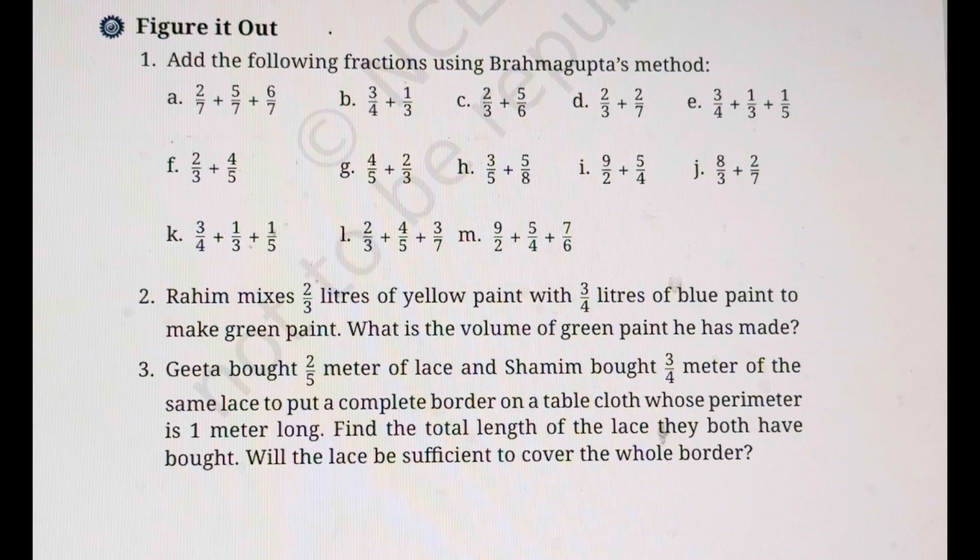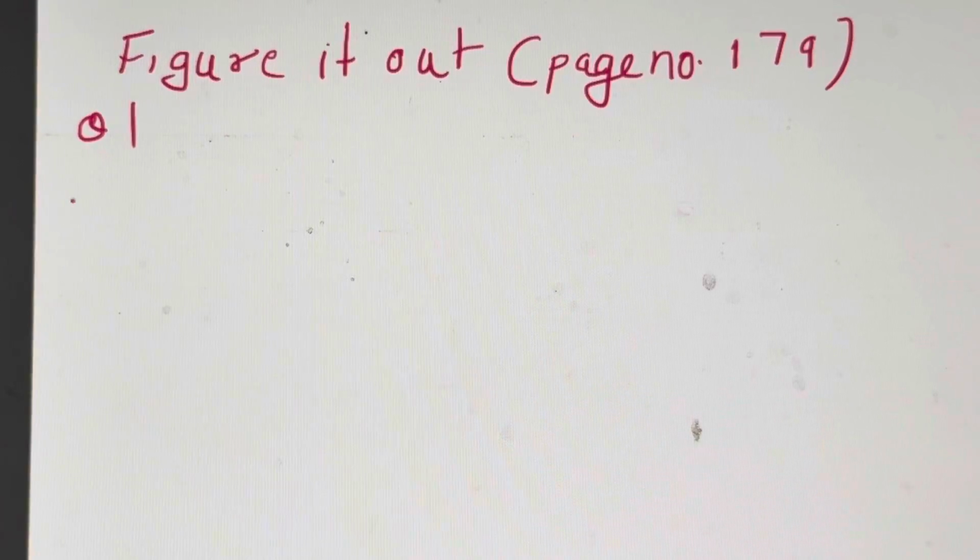In this video, we are going to continue with chapter number 7, fractions of grade 6 mathematics of the new NCERT textbook Ganita Prakash. In the previous video, we learned how to add fractions. So the same method, Brahmagupta's method, we are going to apply in this Figure it Out exercise. So we will solve the Figure it Out one by one by Brahmagupta's method. So first question of the Figure it Out exercise